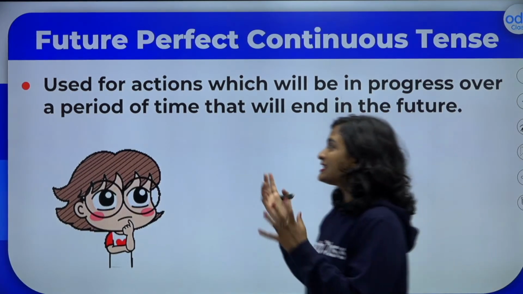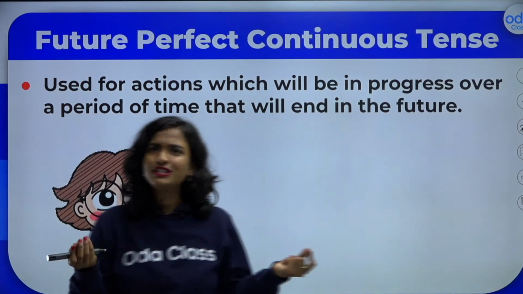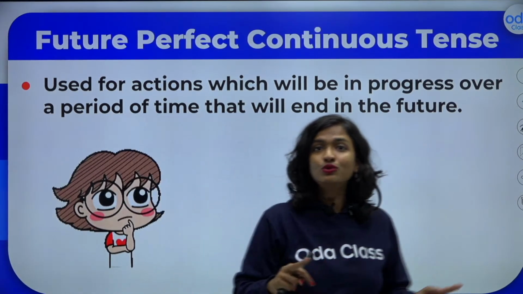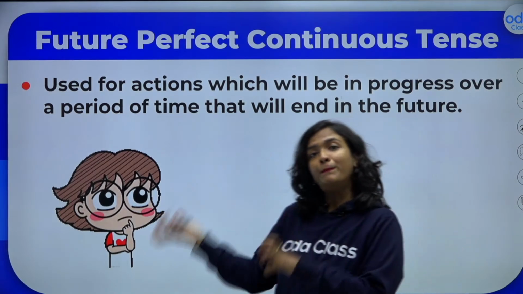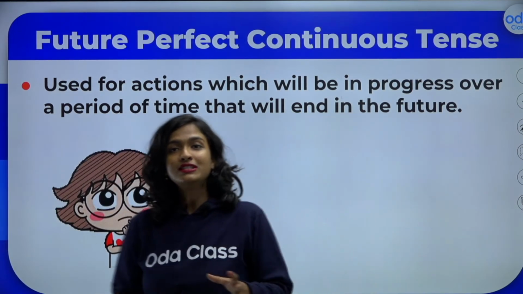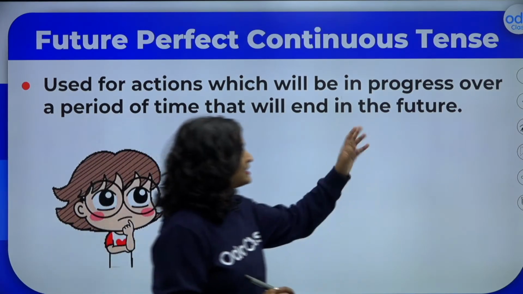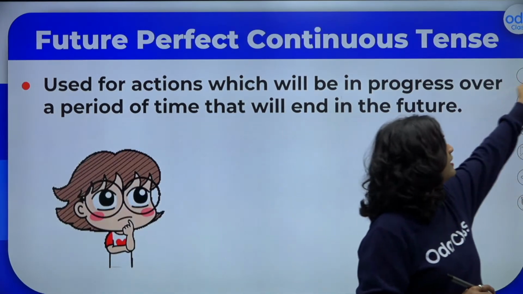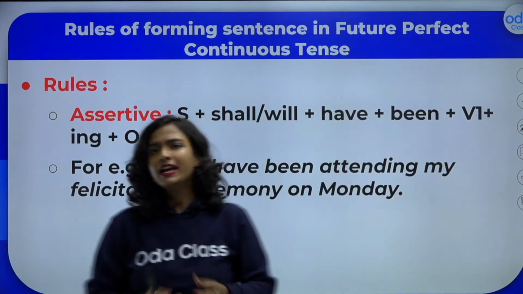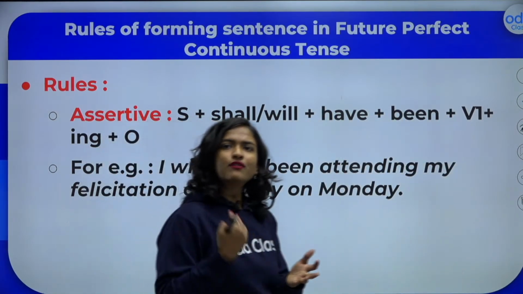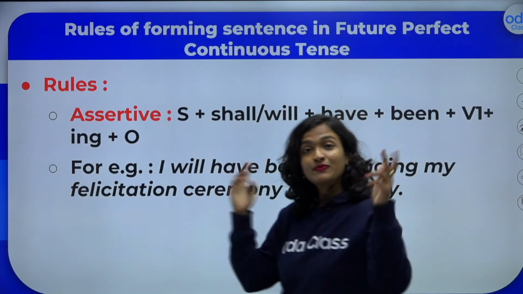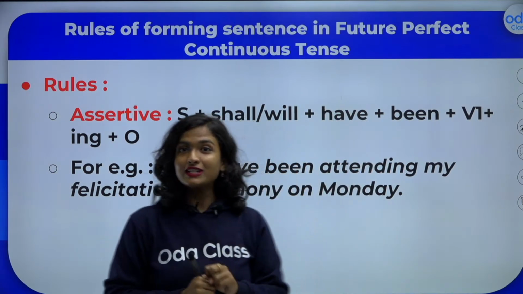And now, students, this is probably the most confusing of the tenses, right? Because we have to combine, even in our rules, we have to combine the rule for perfect as well as continuous. So, pay attention here, students, make notes, and let's take a look at it. As far as assertive sentences or declarative sentences go, we have the same form, right? We always start with the subject followed by shall or will. Now, here comes the perfect part, right?